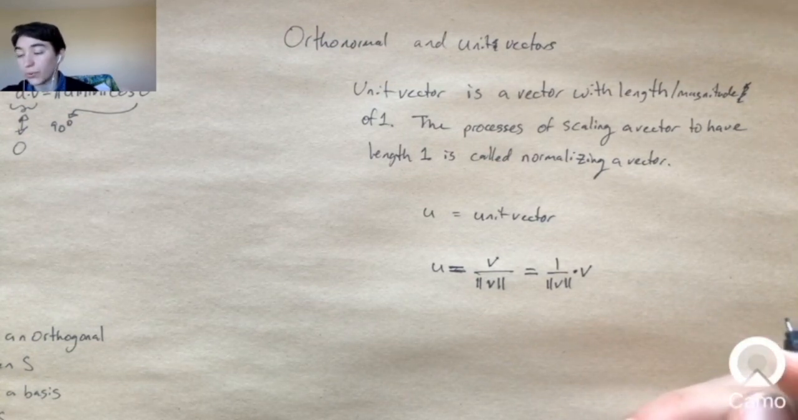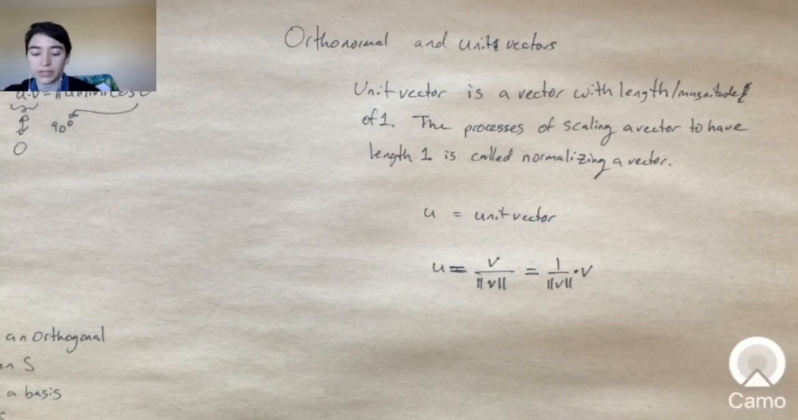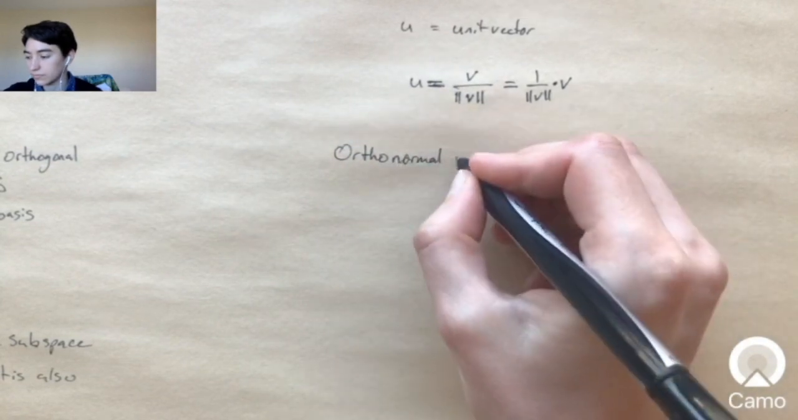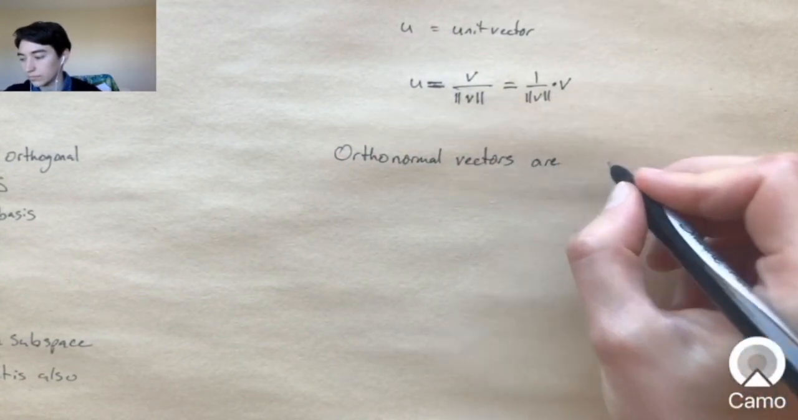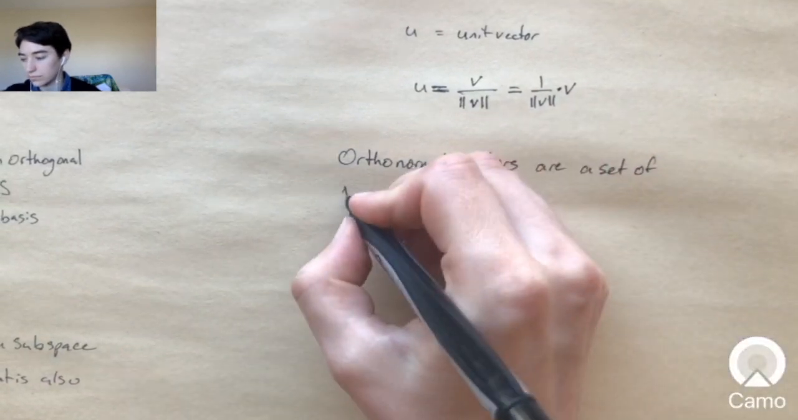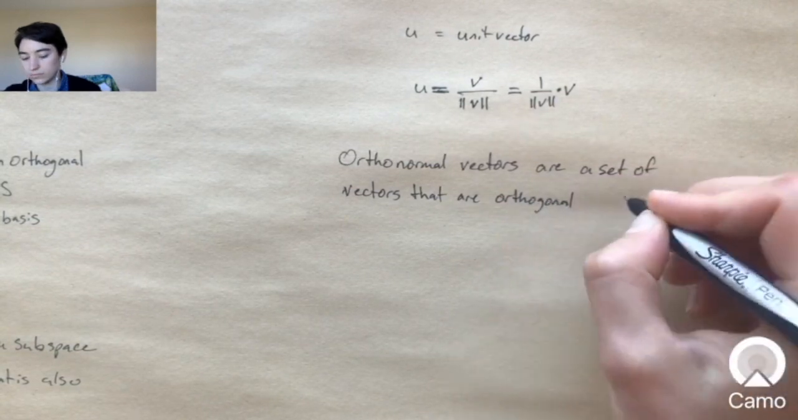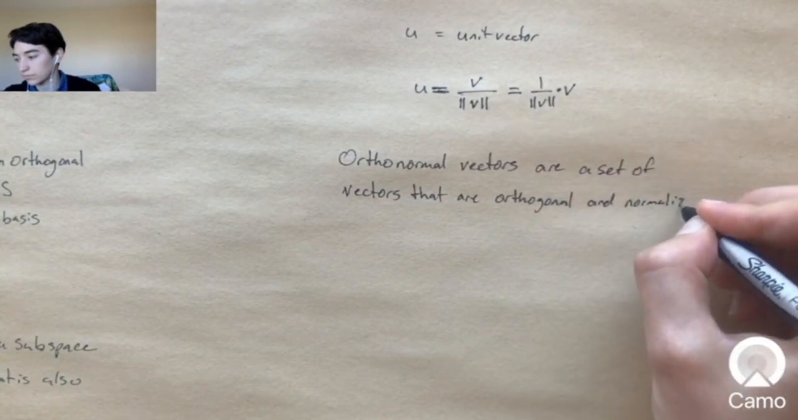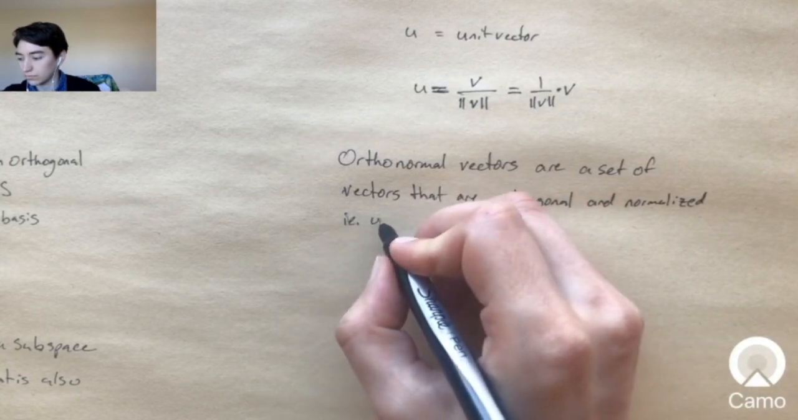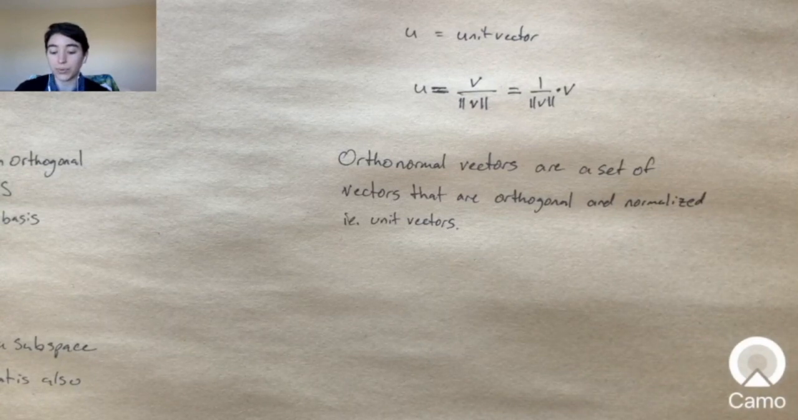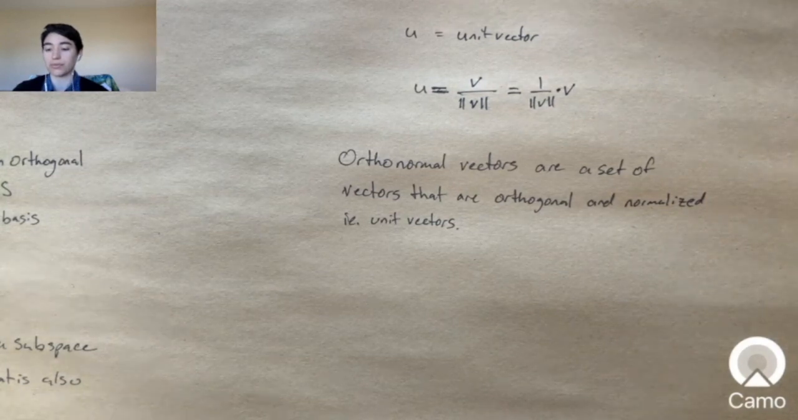Okay, so what are orthonormal vectors? Orthonormal vectors are a set of vectors that are orthogonal and normalized, so unit vectors. An orthonormal basis is a set of basis vectors composed of orthonormal vectors. Okay,